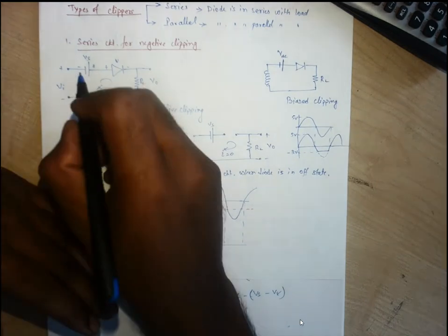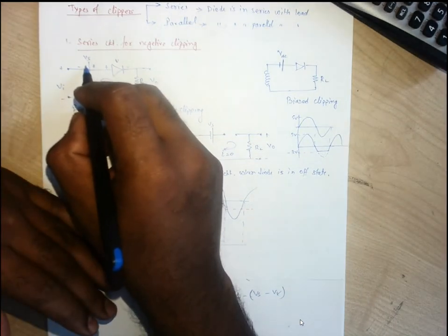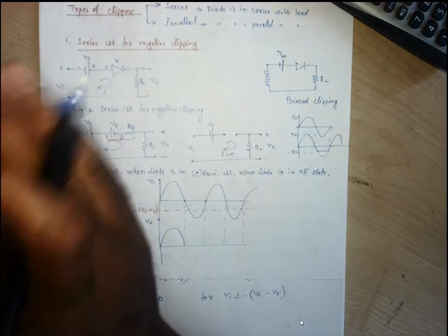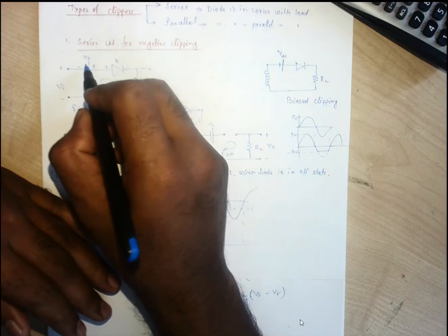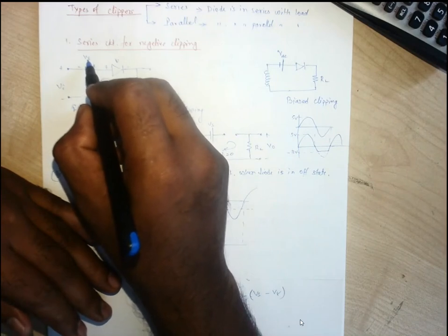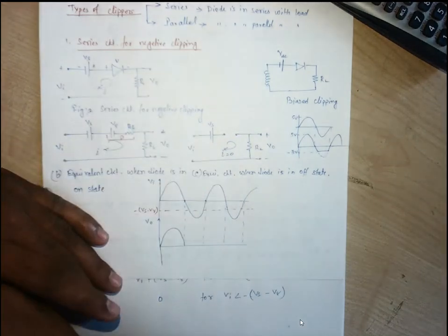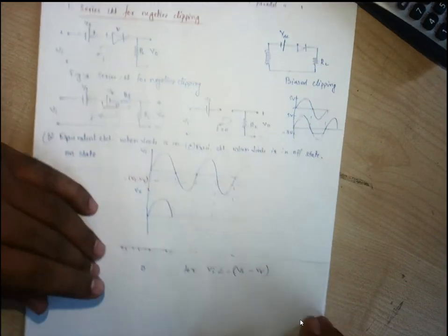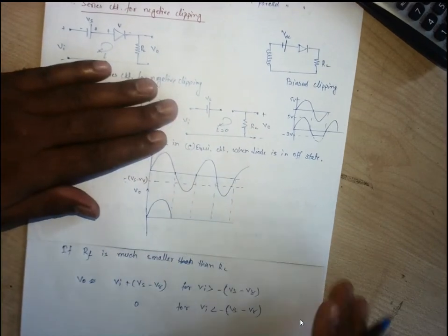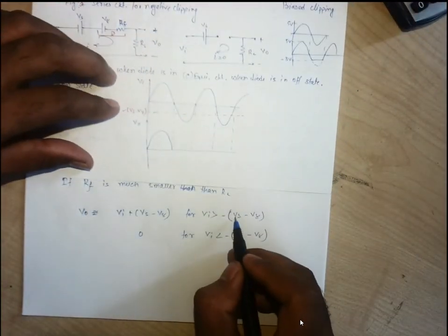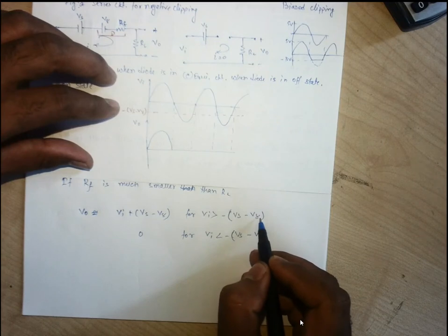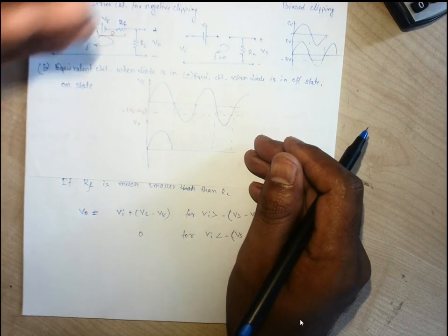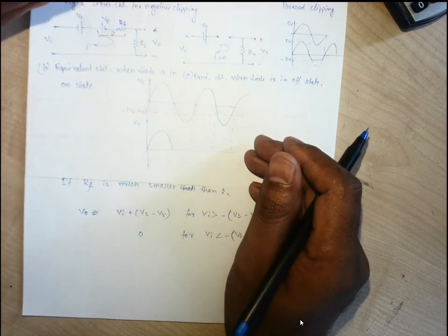But for this case, this positive is providing certain positive potential to this anode. But how much? The time up to which this Vs becomes less than this minus of Vi. So I am just coming to that point as well. So when we think we need to connect a more negative of Vs minus V gamma, it means that we need to go somewhat near to the positive value for the diode to be on.